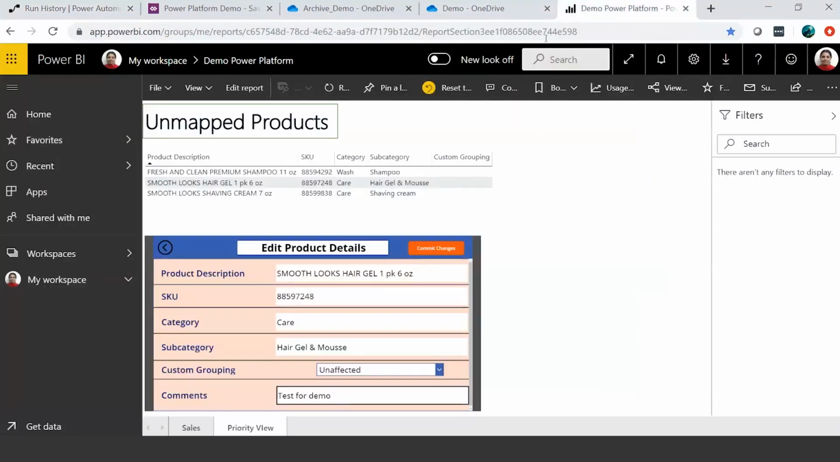At the end of the day, once that flow gets completed, you come here, refresh your report, and you should possibly see one row less here, because that application has actually refreshed the dataset and mapped the